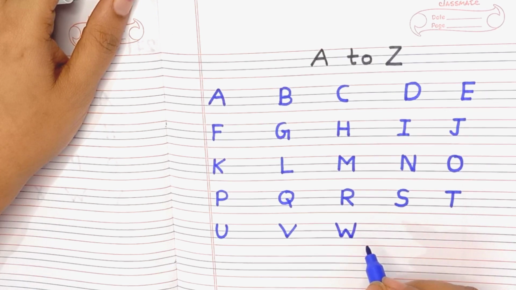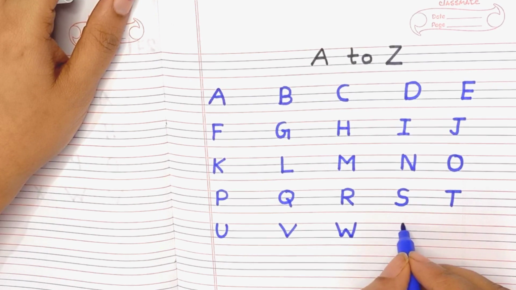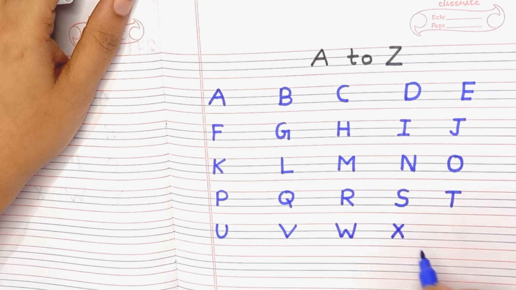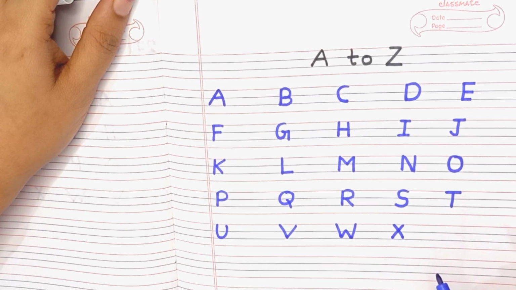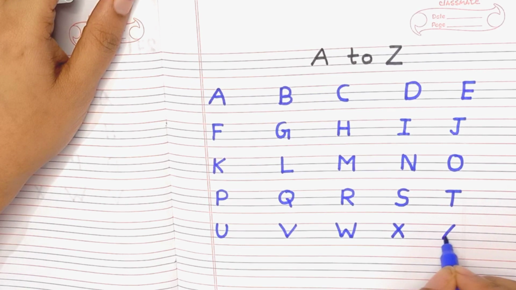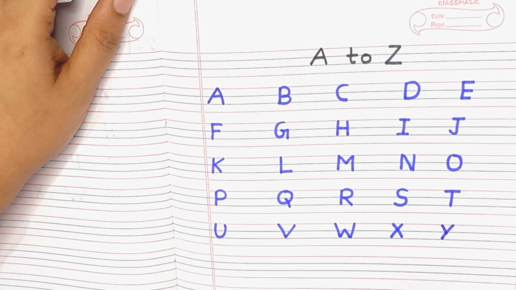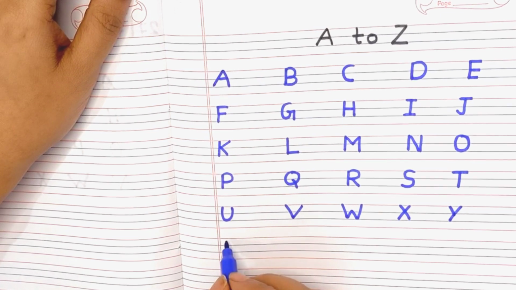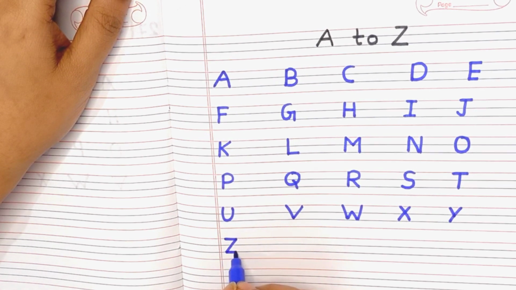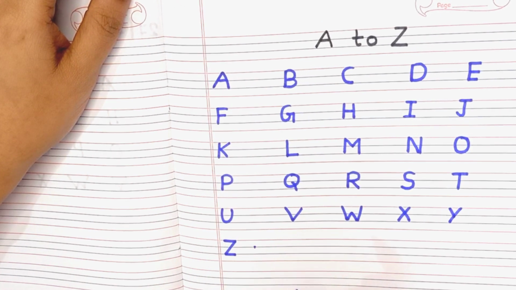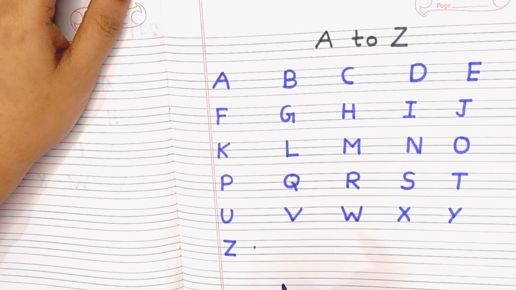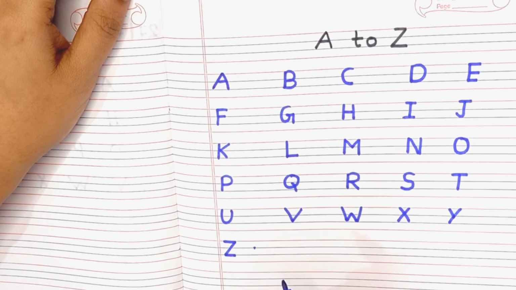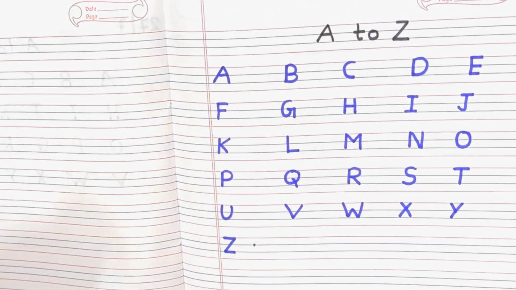W for watch। X for Xmas tree। Y for yak। Z means zebra। Z for zebra।